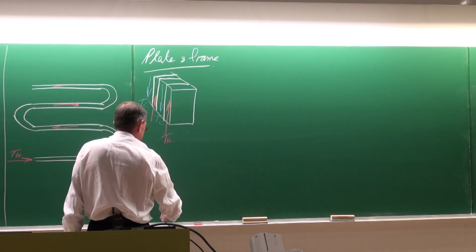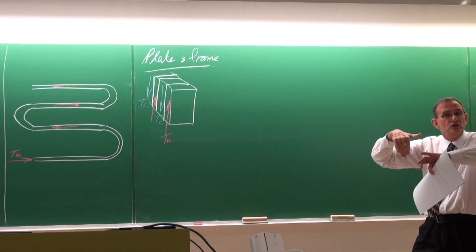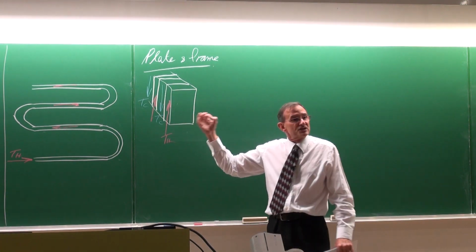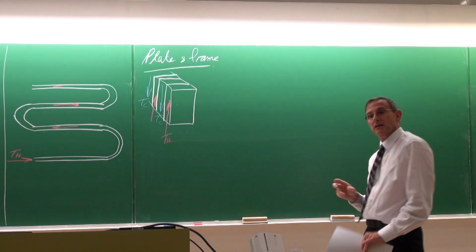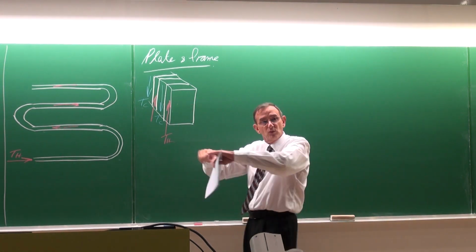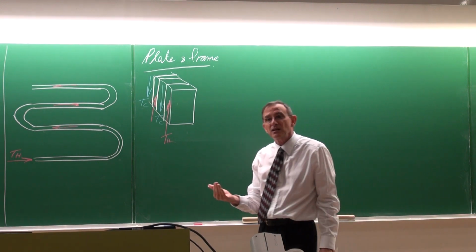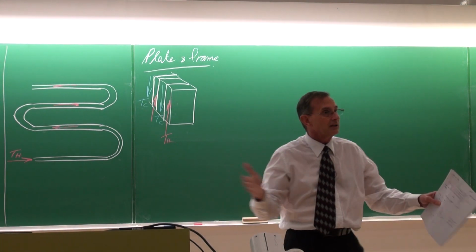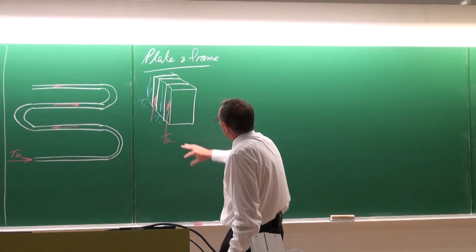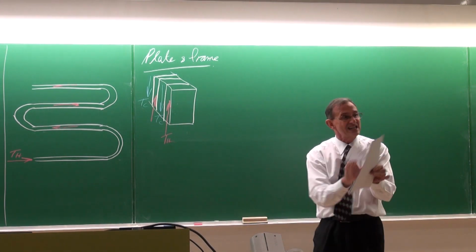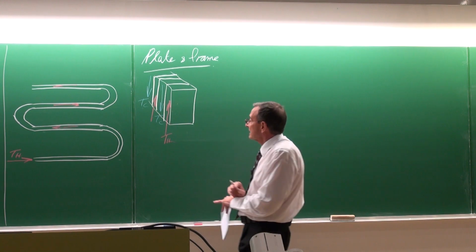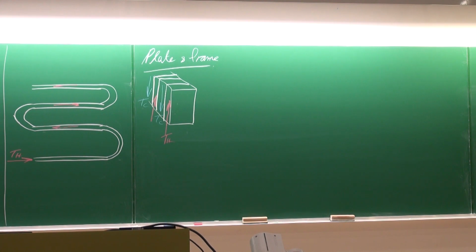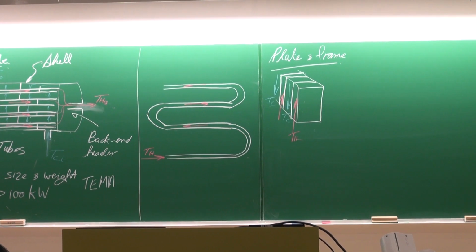As the name says, it is plates which are normally put into a frame, and there are 2 different types that can be manufactured. There are some of them which are brazed, but then there are some of them that are in a frame with nuts and bolts, and you can open them. Typically in the milk industry, where they have to clean it every day, you can take it apart, you can clean it, and you can put it back together. Of course, the big challenge with this is the sealing, making sure that there cannot be flow from the one type of heat exchanger plate to the other,